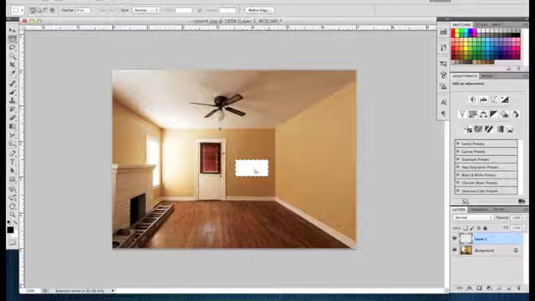With that white fill, let's make a copy of that and put it on our clipboard by hitting Command or Control C. Now let's deselect it by hitting Command or Control D. We no longer need that layer, so let's hide it. But we do need a layer beneath that, so let's create a layer just above the background layer. With that layer selected in your Layers menu, let's go to Filter,